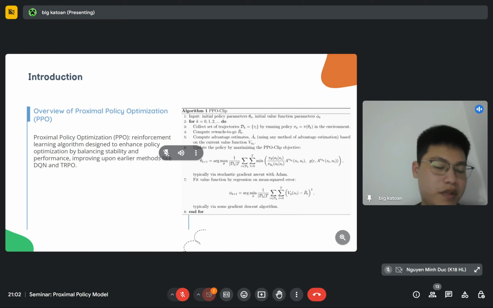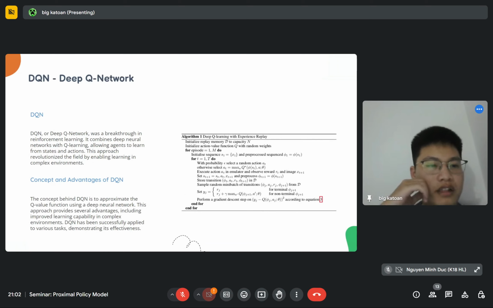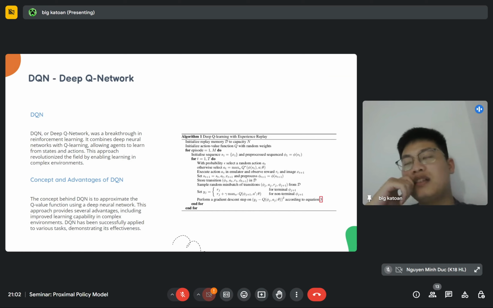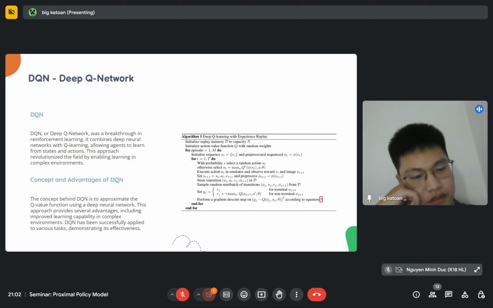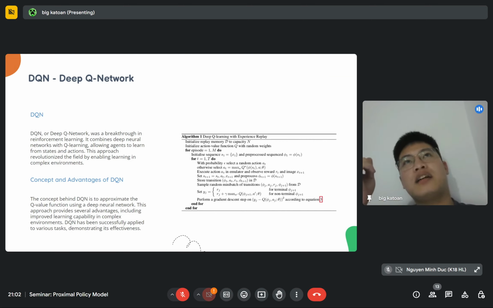Before understanding PPO, I want to talk about DQN and TRPO first. DQN, or Deep Q-Network, was a breakthrough in reinforcement learning. I remember it was invented in 2015. It's a breakthrough because it changed the way we focus on tabular methods, like Q-learning, and it solved the problem of